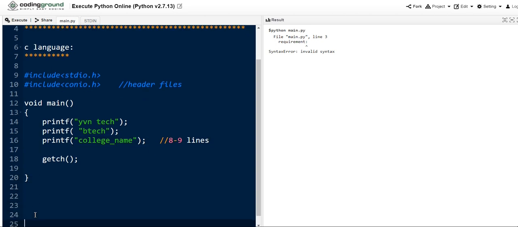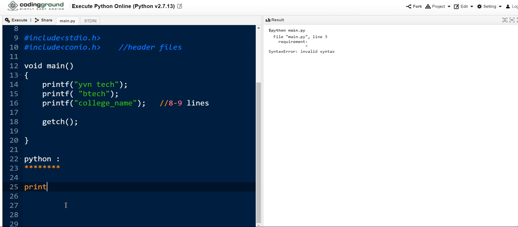Let me move on to the Python code for the same requirement. In Python we use the print statement to print the content on the output screen. One print statement to print the name, and let me copy this and paste.